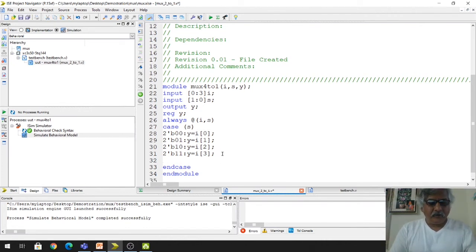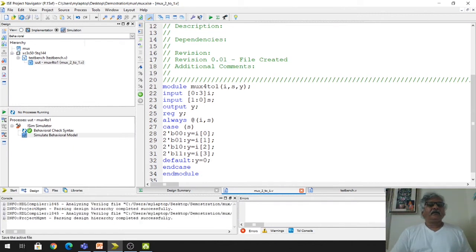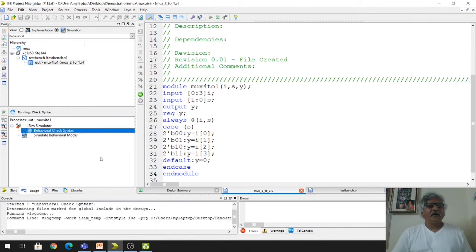So here we can include default also. Default, Y equal to 0, right? After this I will check this code, behavioral syntax. Okay, it is okay.